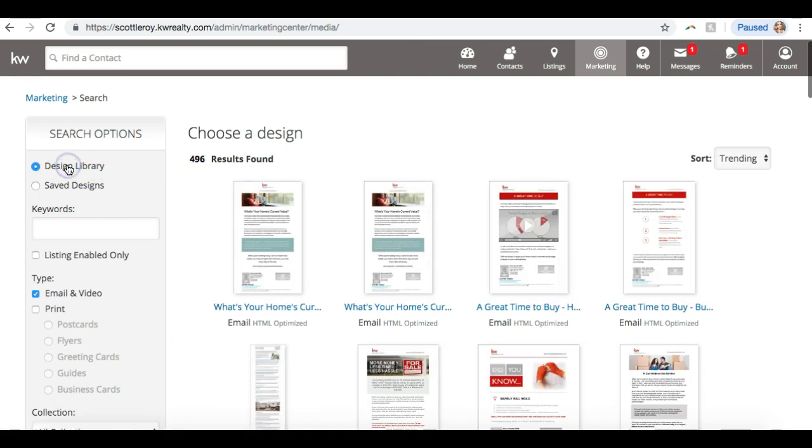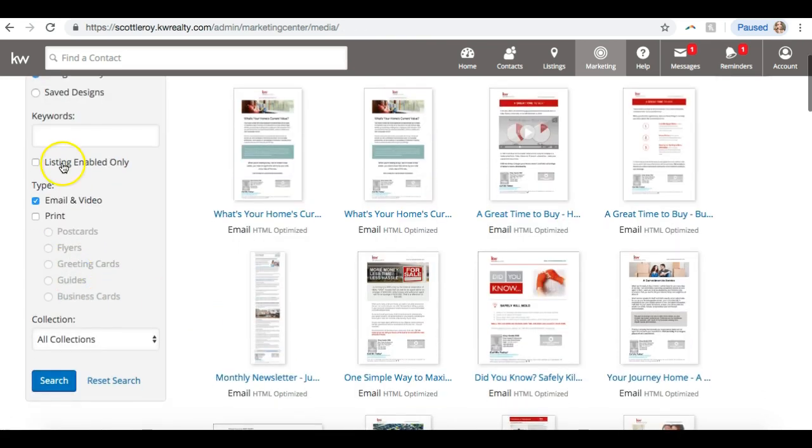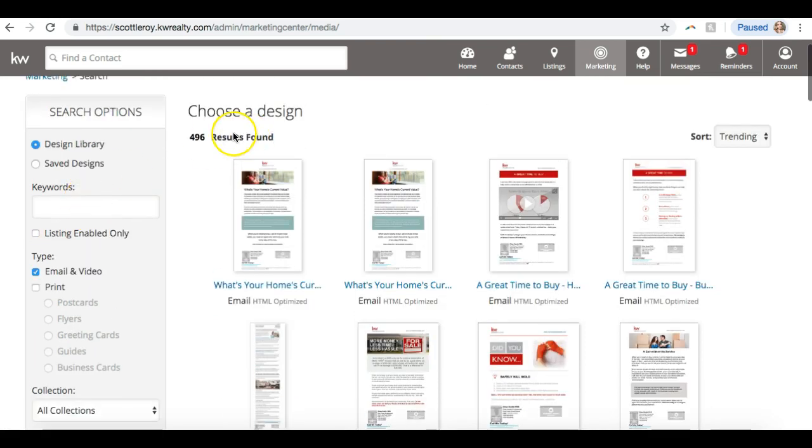Just going to go back to design library. Right now we're looking at email and video pieces, and you can see there are 496, so quite a lot. The cool thing is any individual step from an email campaign can be sent out as a one-time email. So say you were looking at a campaign and you really liked the piece that was there for step 3,